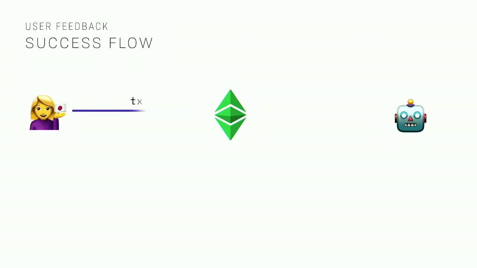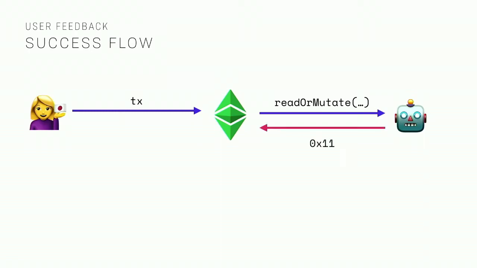So a success flow looks something like this. We have a Japanese-speaking user. They want to talk to a smart contract. And they have an ETC wallet. They send a transaction that either does a read or a mutation on chain, doesn't really matter, and it sends back a status code. And that's actually the transaction now complete. So the rest of this is just a lookup. So it actually costs 0 gas, right?